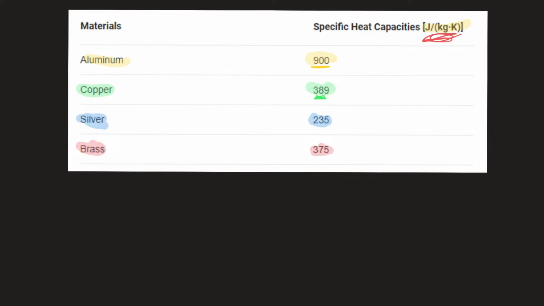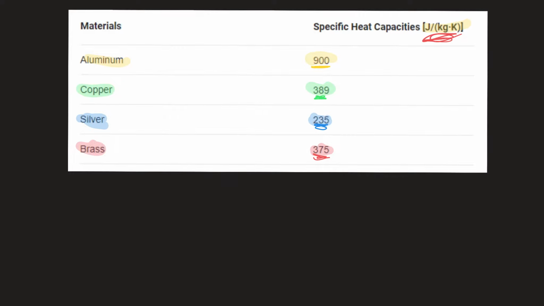For copper, you need 389 joules of energy to increase 1 kilogram of copper by 1 Kelvin, or 1 degree Celsius. Same thing with silver, you need 235 joules of energy to increase 1 kilogram of silver by 1 Kelvin. And same thing with brass, you need 375 joules of energy to increase 1 kilogram of it by 1